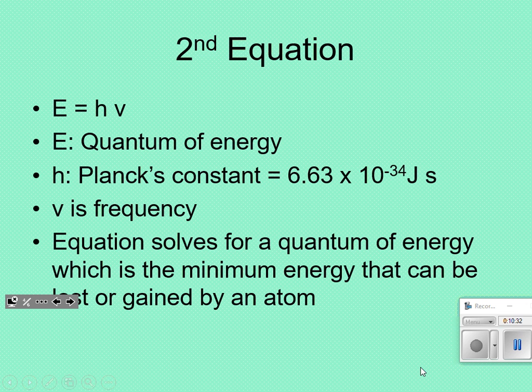The point of this equation is to solve for how much energy is involved with different forms of light. So if I give you a frequency, like if I gave you 101.5 megahertz, going back to the radio station example, you could actually plug that in for frequency and solve for how much energy is given off from that